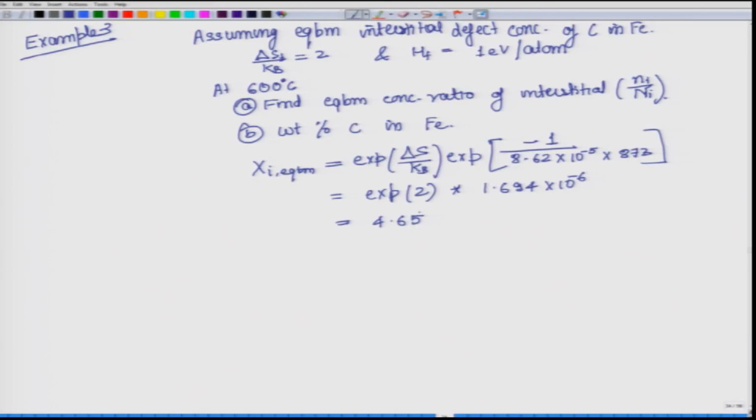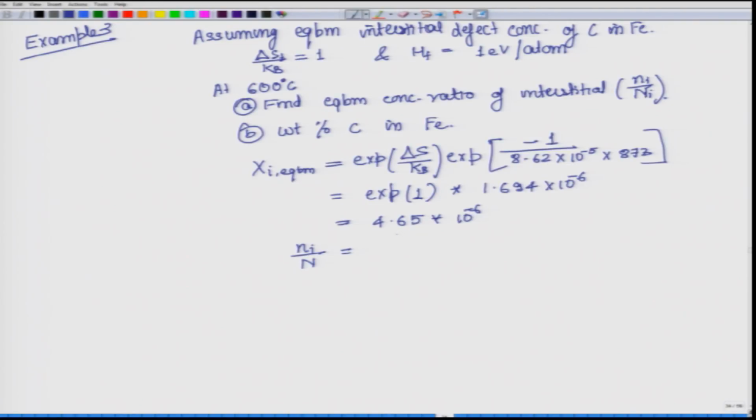Okay, there is one correction here, this is supposed to be 1 not 2. So, I had earlier written delta SF by Kb equal to 2, but that was a mistake, it should be taken as delta SF by Kb equal to 1, otherwise you will not get the final answer same as mine. Now, when we write X equilibrium, we are actually writing X equilibrium in terms of